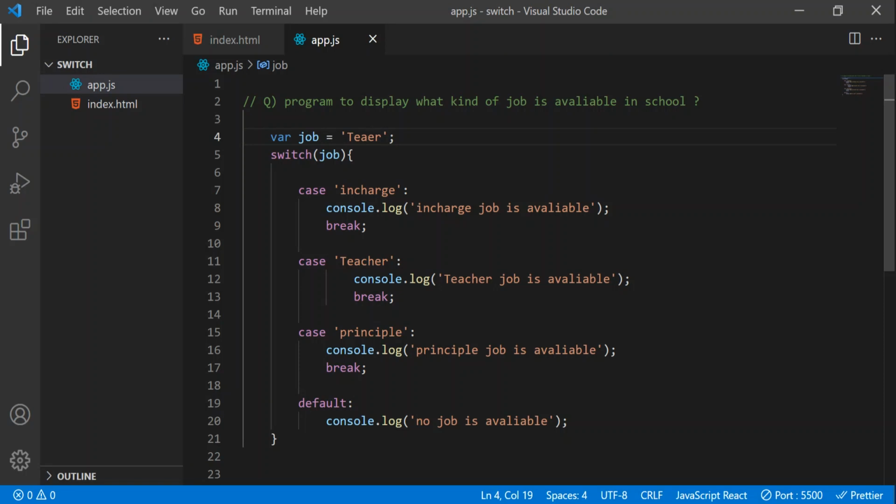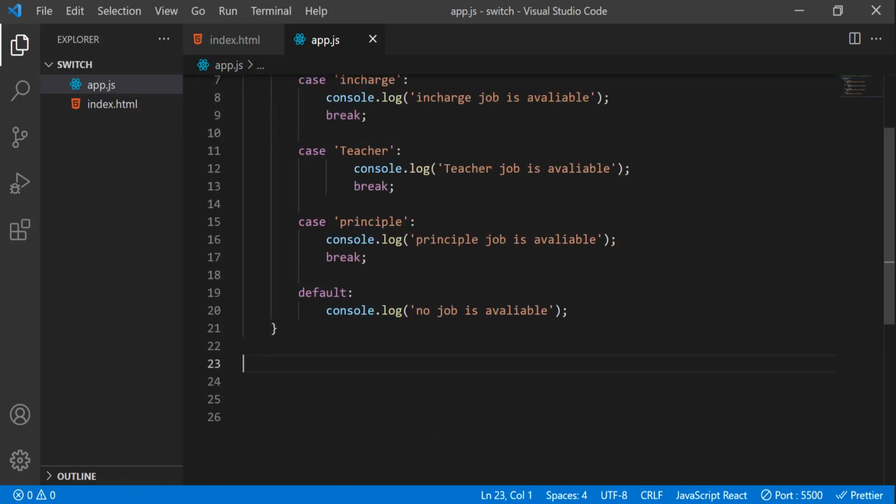For example, let's take a scenario like we are building one calculator. We will have all operators like plus, minus, division. So here in each case we will write one operator. For example, in this case we will write plus, and here we will write some addition operation. We don't know what the user is going to click, right? So if the user clicks plus, then we'll perform the addition operation and we'll provide the result. Like that, each and every case is going to be compared with that given value. Now let's write the same thing using if else statements.